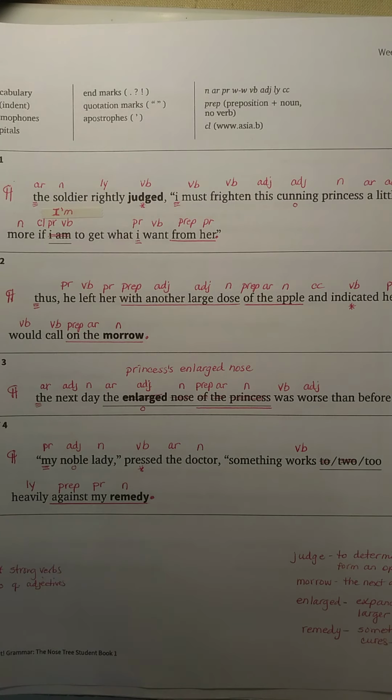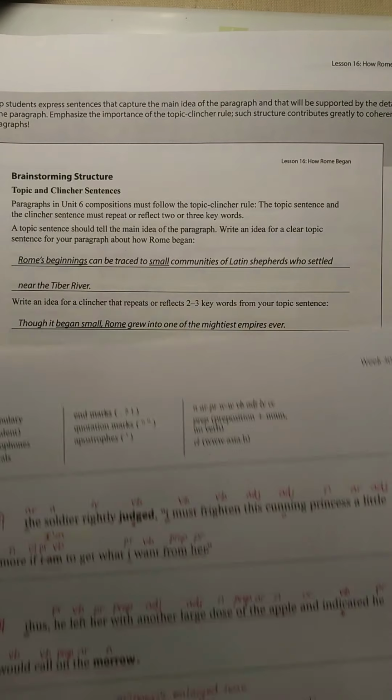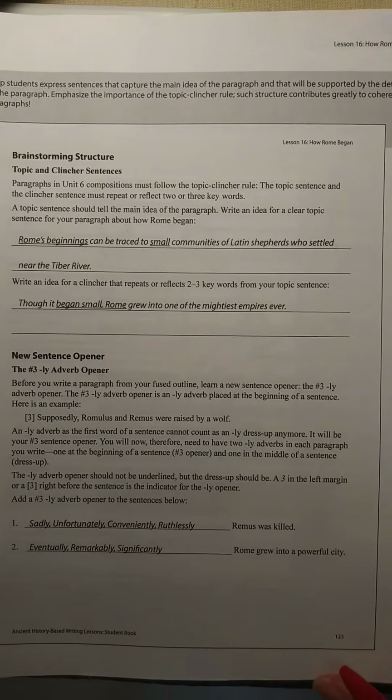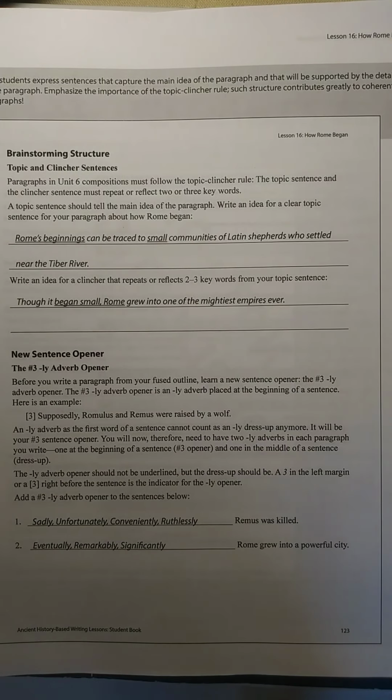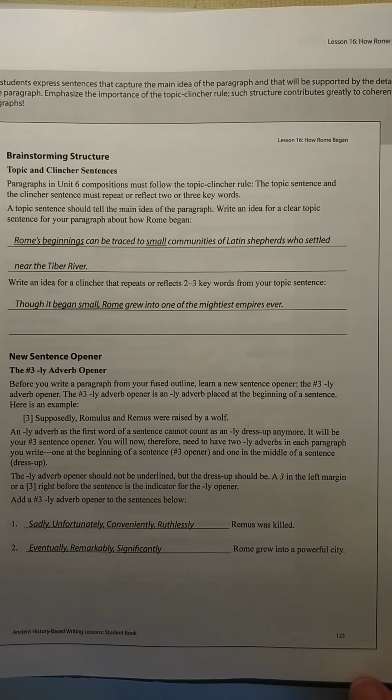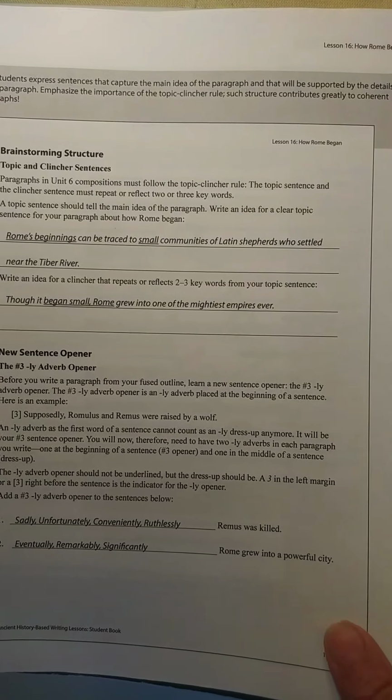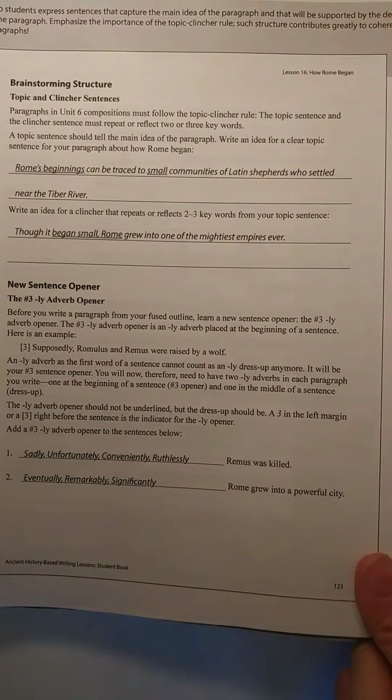Okay, so your homework for tonight is, we have one more thing to do. Before you start writing your paragraph, I want you to do your brainstorming activities on page 123, I think it is. Yes, 123. Okay, and I'm going to go over them with you real quick, but you can do them later